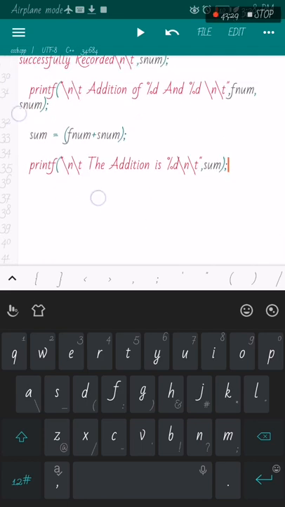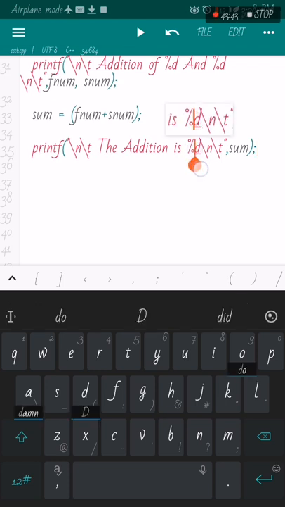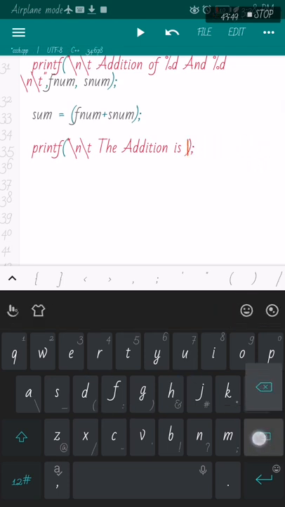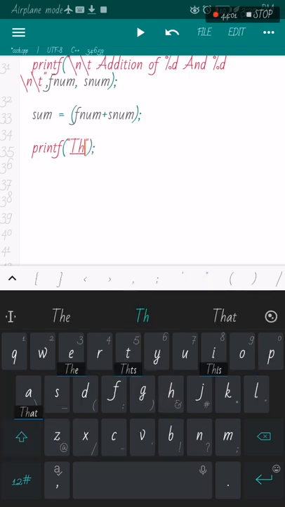We try to go back here, try to increase a bit more. Printf third, then the addition is third sum. That was the output. So here I can also call out for the other ones. Maybe I can say remove this, remove that, okay, put my quotes there, then the addition